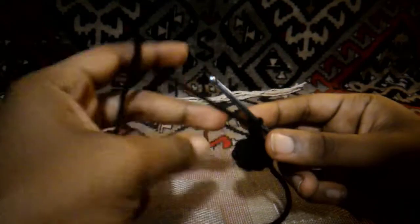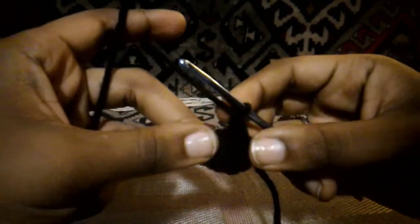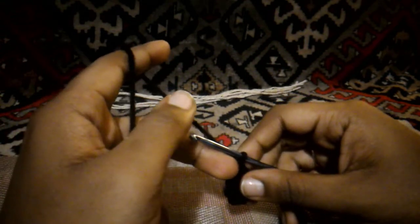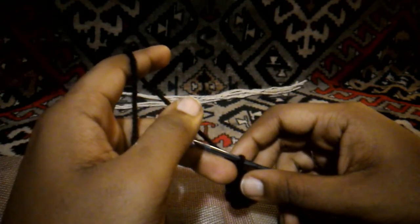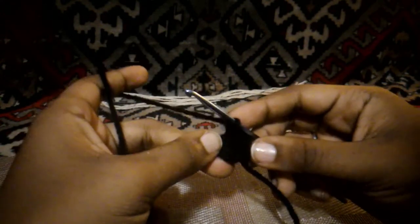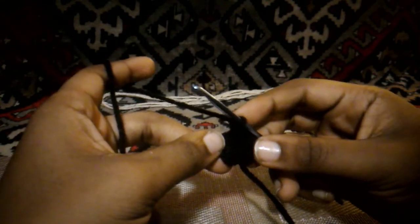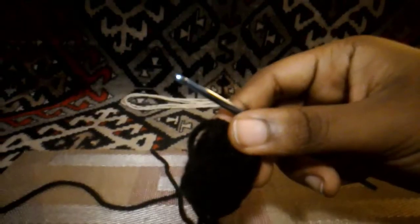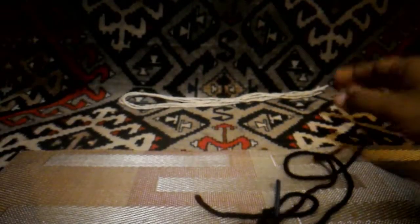There you go. Now make sure that you're going into the right stitches because it's harder to see with black yarn. But for the bun portion, all you're going to do is put 1 double crochet in every stitch around for rows 1 and 2, and I will meet you back to join everything together. Alrighty, now when you are done, this is what it's going to look like. You are going to cut your yarn off,